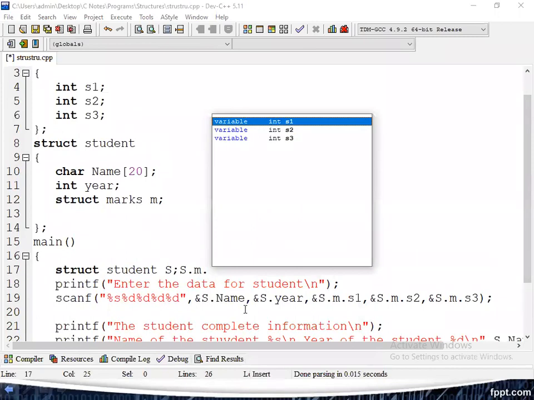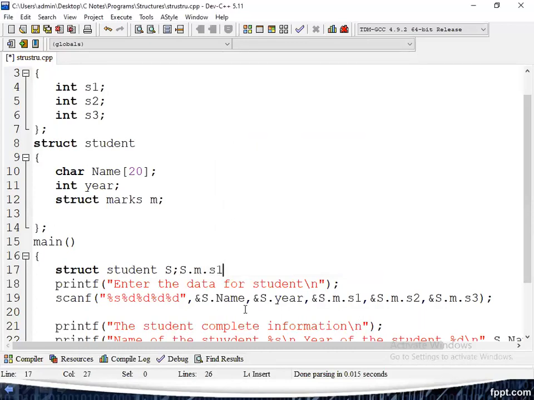Don't think about this window. It's very simple, but 100% you can type it in Turbo C++. For good presentation only, I selected this one. There is no difference between Turbo C and this. Which IDE I am using, no problem. Don't think about this point. Just for our convenience, we can choose any available editor.